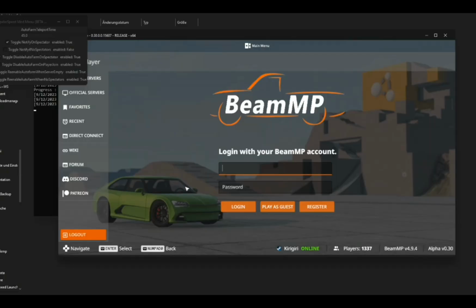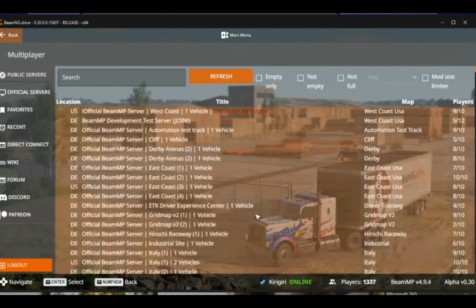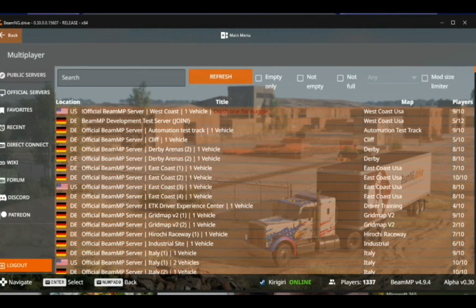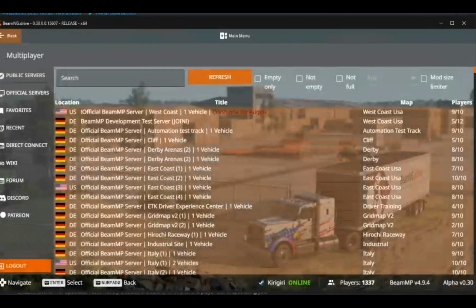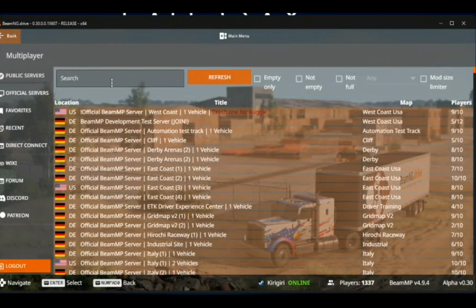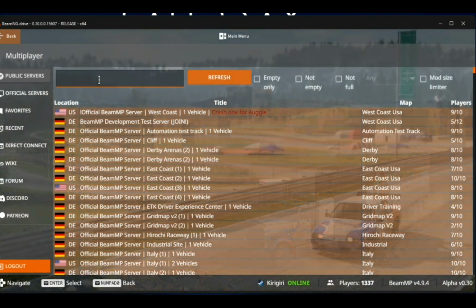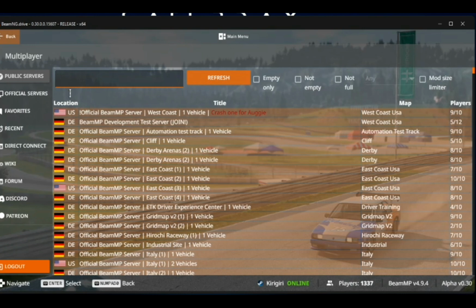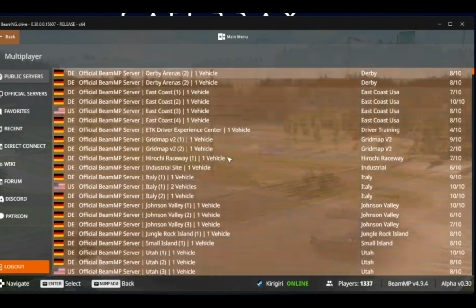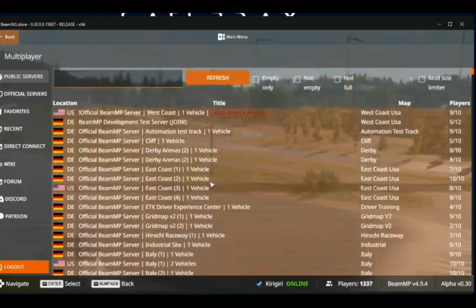What was my name again? Anyway, I had to cut out the login process. So we now have to join any Carp server, or you can just join any BeamMP server, but